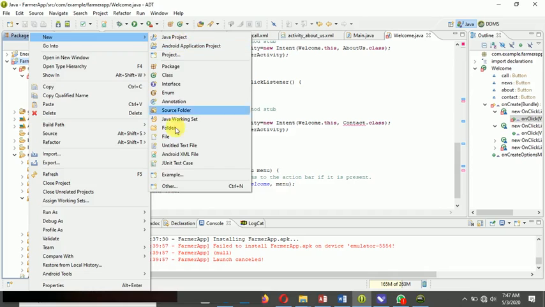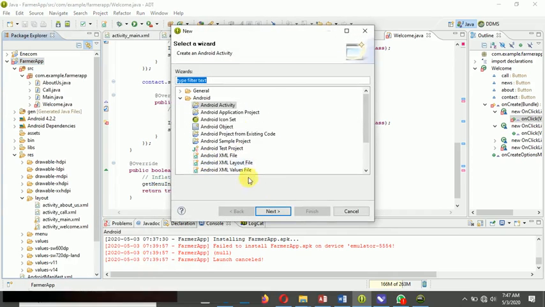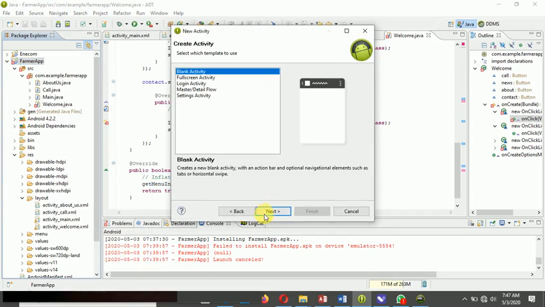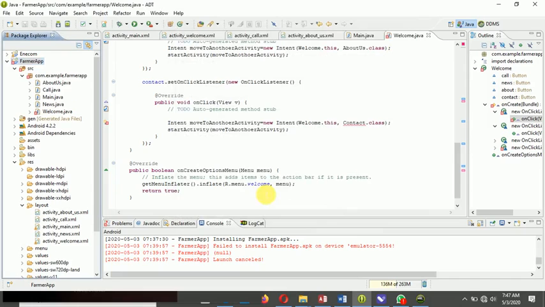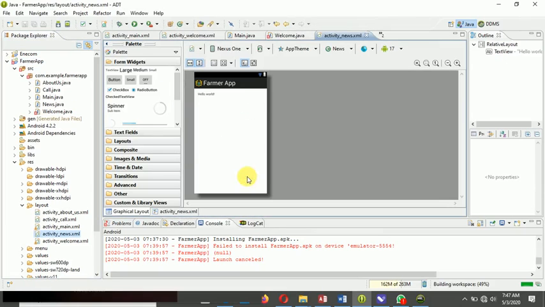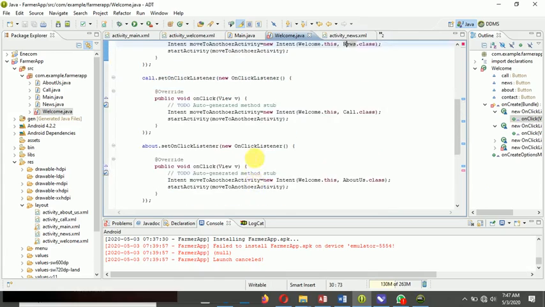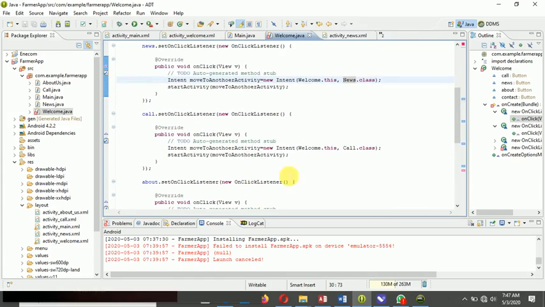You select other, then you go for blank, you give it a name, news, and you click finish. Immediately you create the page. When you cross check it, you can see that the news page is there. This is it. Now let's go for the next one, which is the